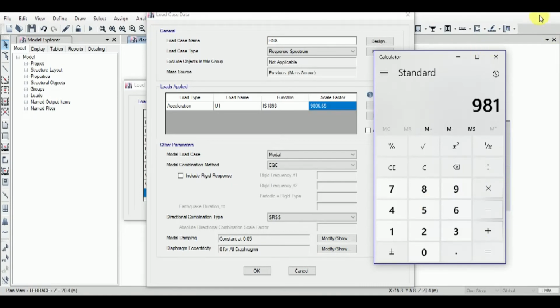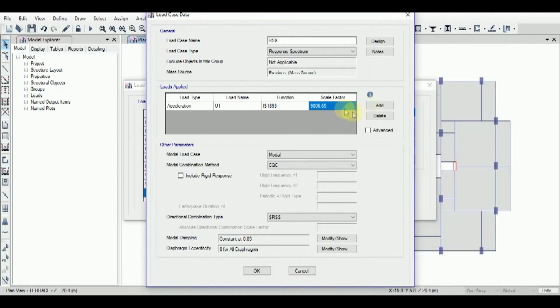Therefore it is 981. 981 is the scale factor, but here we now take the round figure as 1000. Okay.